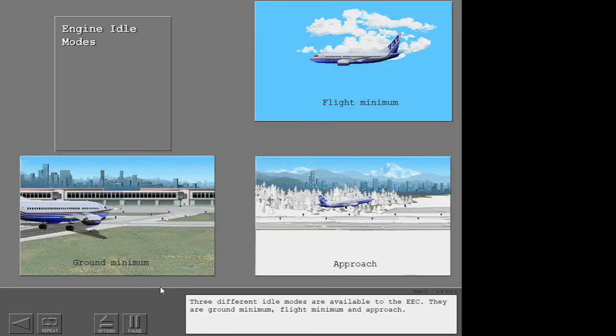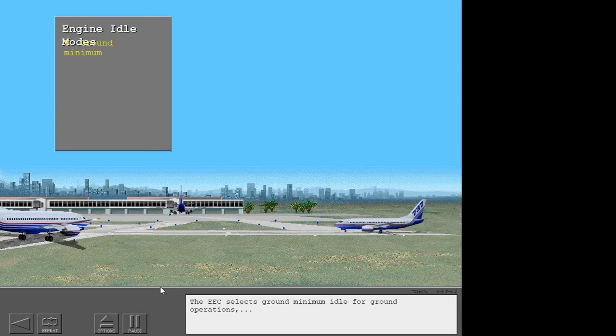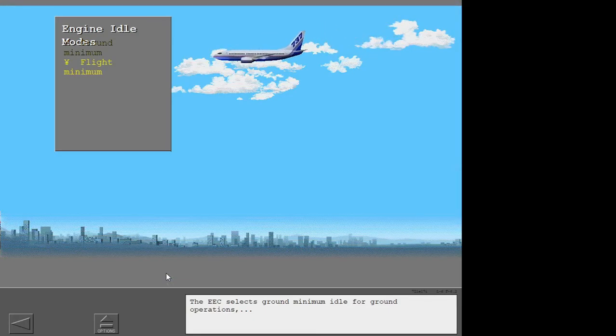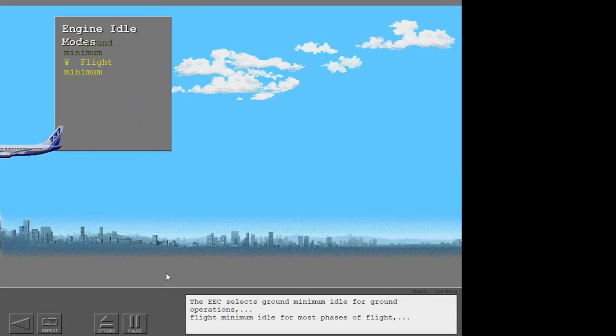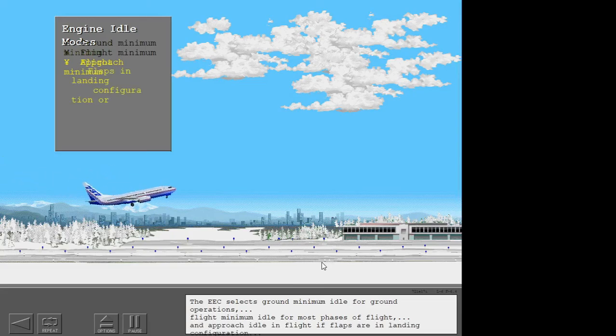Three different idle modes are available to the EEC. They are ground minimum, flight minimum, and approach. The EEC selects ground minimum idle for ground operations, flight minimum idle for most phases of flight, and approach idle in flight if flaps are in landing configuration,